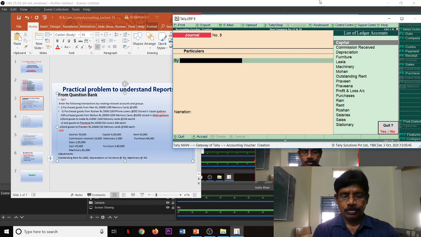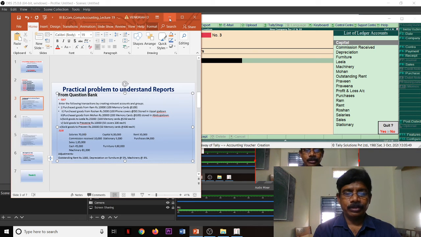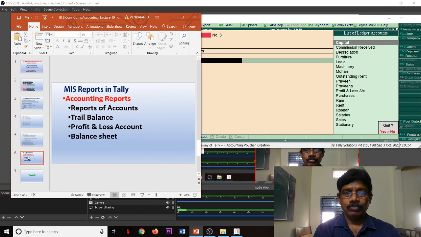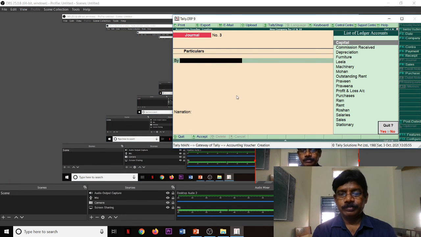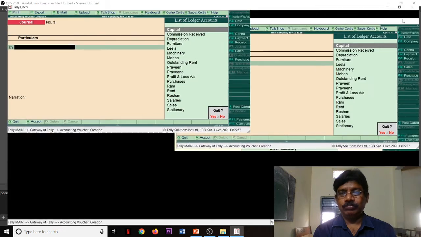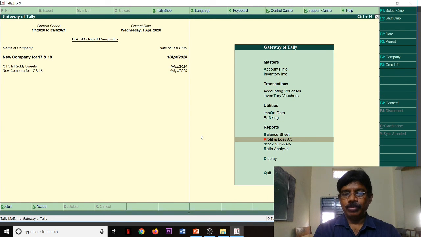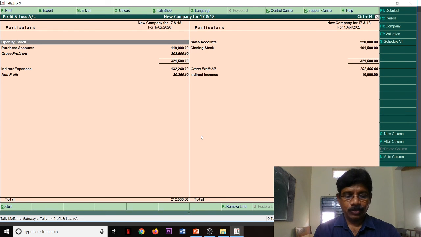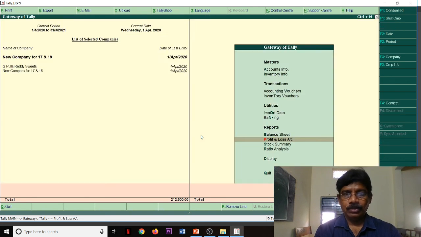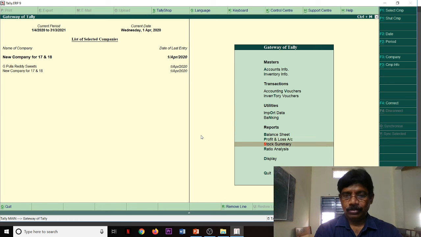Next is very simple: reports generation. Accounting reports will be generated. Escape, come to profit and loss account. You see Alt F1 and come to stock summary.